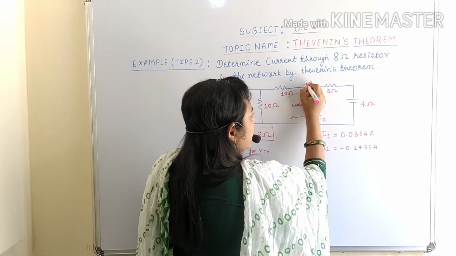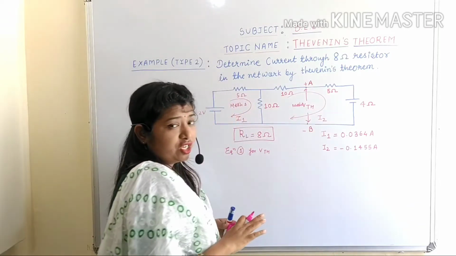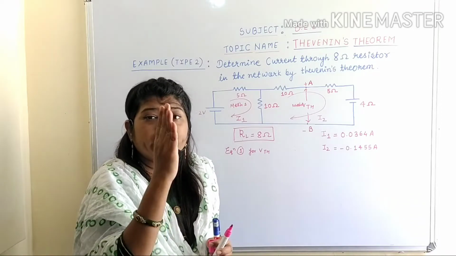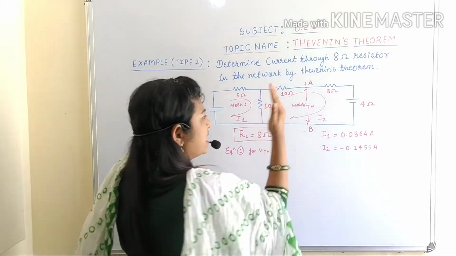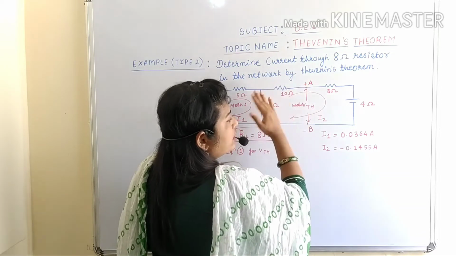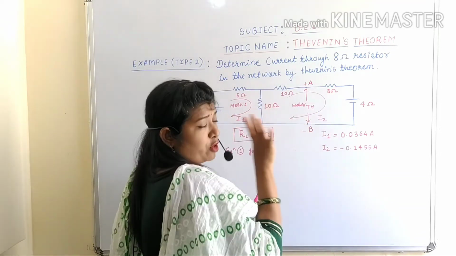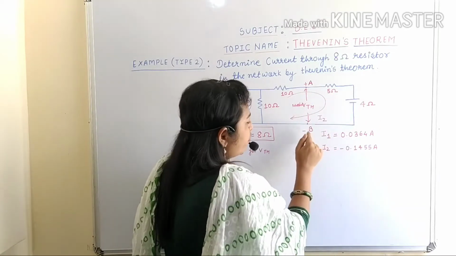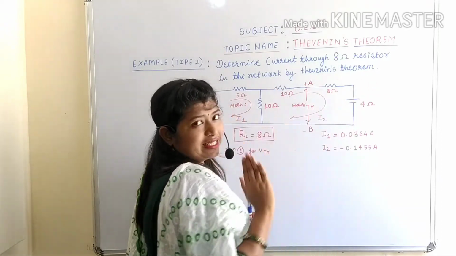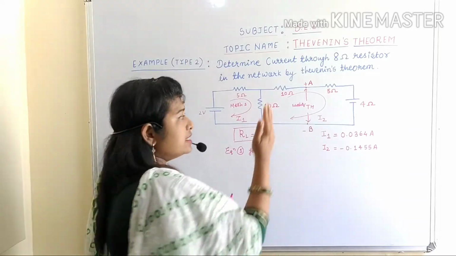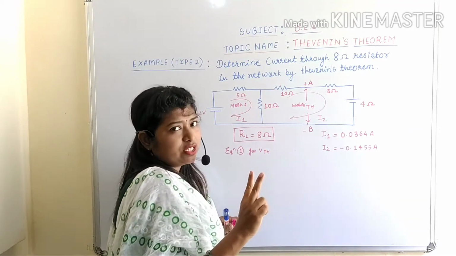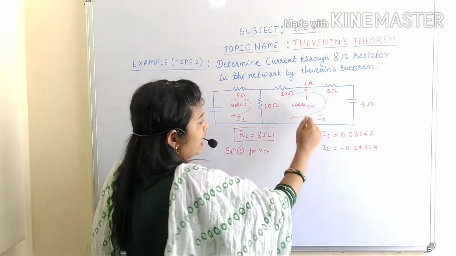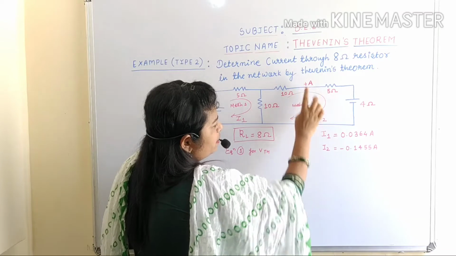Let's consider this is higher potential, this is lower potential. As I told you, the 8 ohm resistance is connected between two meshes. So as it is in between two meshes, there will be 4 possibilities. The first would be from A to B, next would be from B to A on the right hand side of the 8 ohm resistor. Similarly, there will be 2 possibilities on the left hand side. So let's begin with the right hand side and consider this VTH. This is higher potential and lower